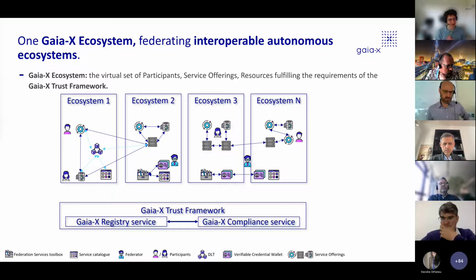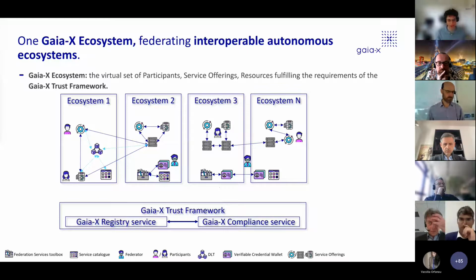So ecosystems are there, and they represent an autonomous set of participants that gather themselves to do business, sharing data, sharing services in terms of infrastructure, PaaS, SaaS, and so on. The way they are going to do it, that's the technical interoperability. So here we have a user and a federator. The federator is the person or the organization, the participant, that really creates the common tooling for operating the ecosystem. And they also manage, for example, the identity, the catalog and so on.